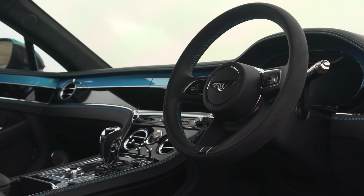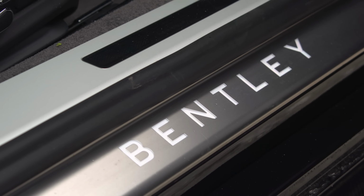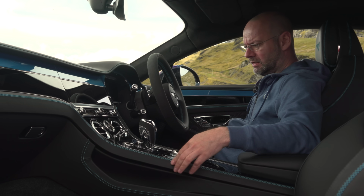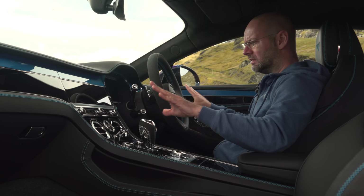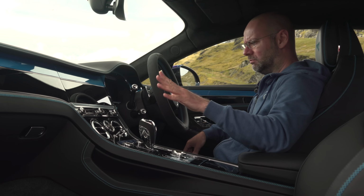Okay, welcome to the interior of the Continental GT, and of these three cars, if you want luxury, this is the place to be, and it's primarily because of the material quality. The stitching on here is lovely, and you don't have to have this light cyan metallic blue which looks a little bit like the colours you might paint a Dodgem. You can have metal, or you can have wood,